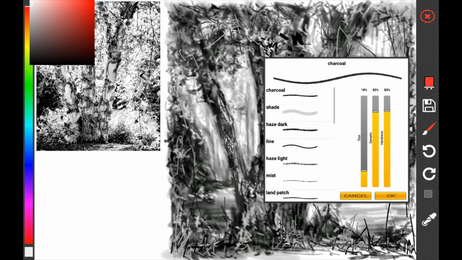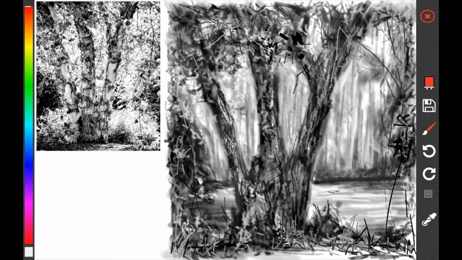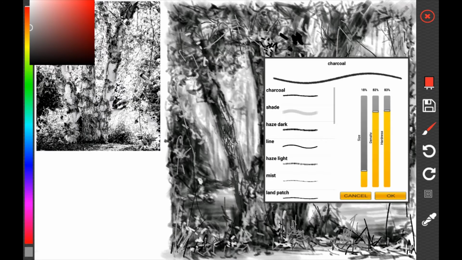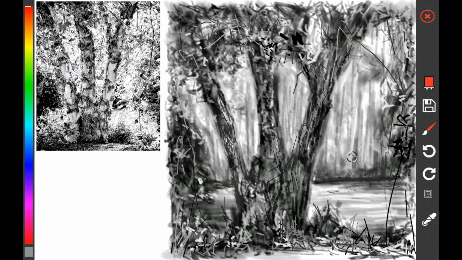So, reviewing this image, the drawing that I've done, I think about the improvements I could have made or wanted to make. This is where you learn from doing your drawings: you have to review the drawing you did and see where improvements can be made. Looking back at this drawing, I would probably make some changes, defining the tree more perhaps, the edges of the tree trunks,